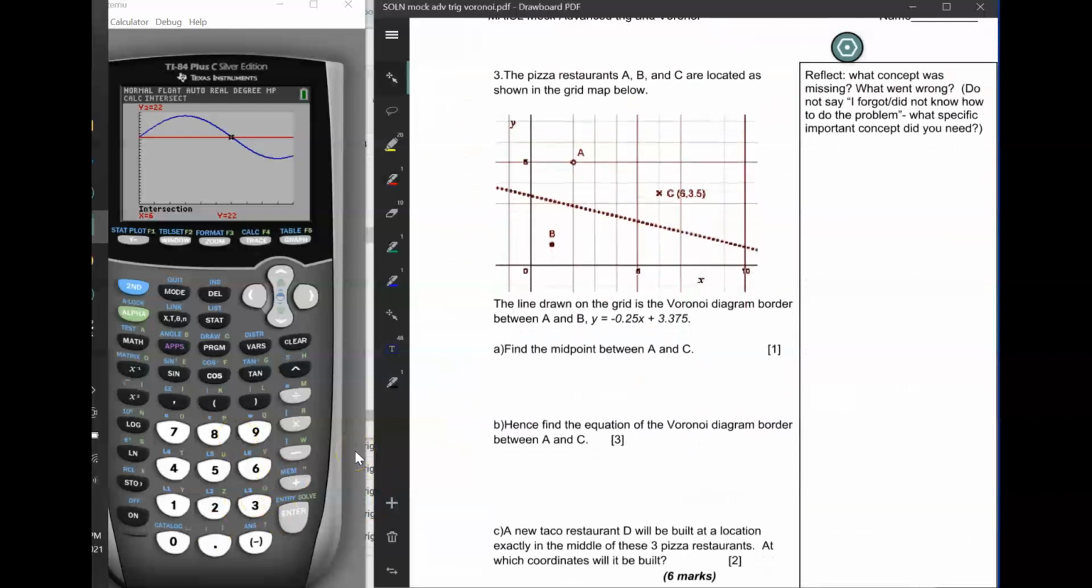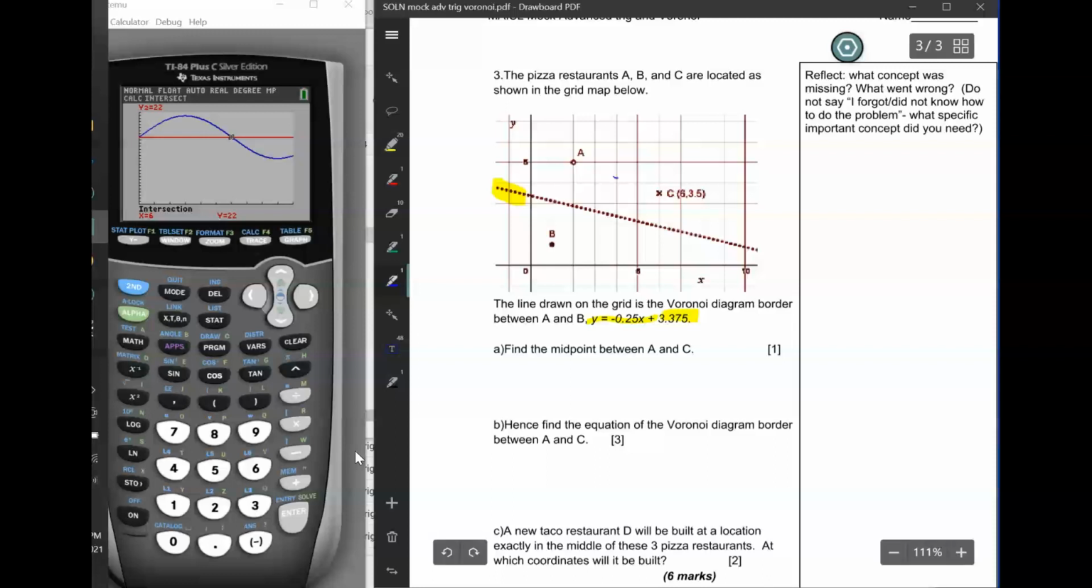The pizza restaurants A, B, and C are located as shown in the grid map below. The line shown on the grid is the Voronoi diagram border between A and B, and it's given by this equation. So this line here is given by this equation. What they want us to do is they want us to find the midpoint first between A and C. Okay, it would be around